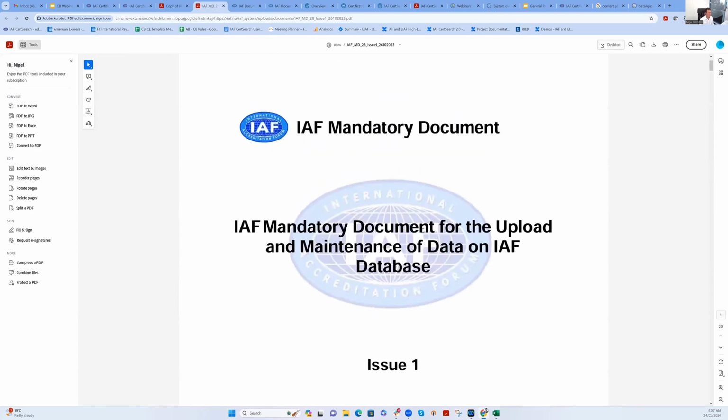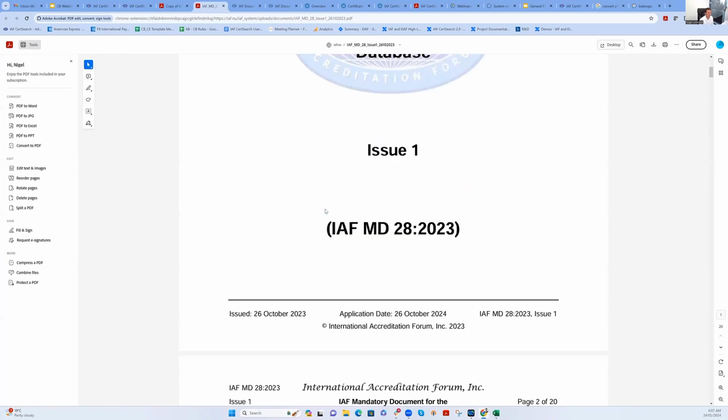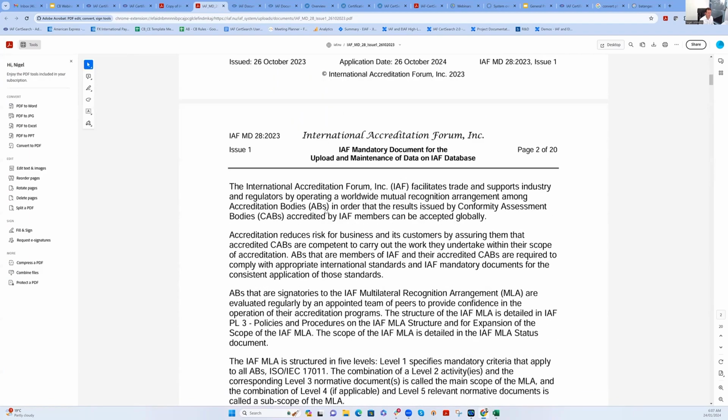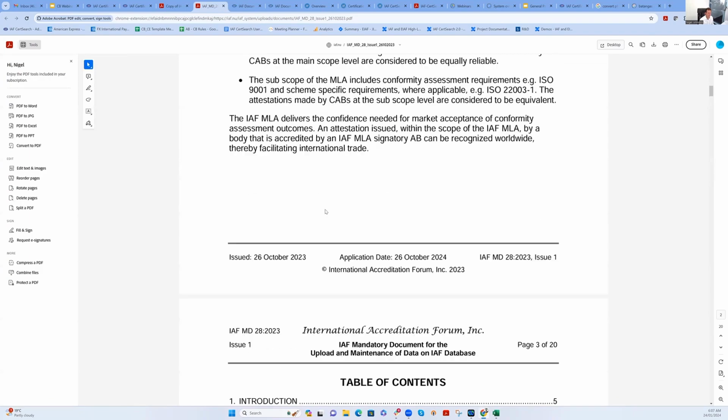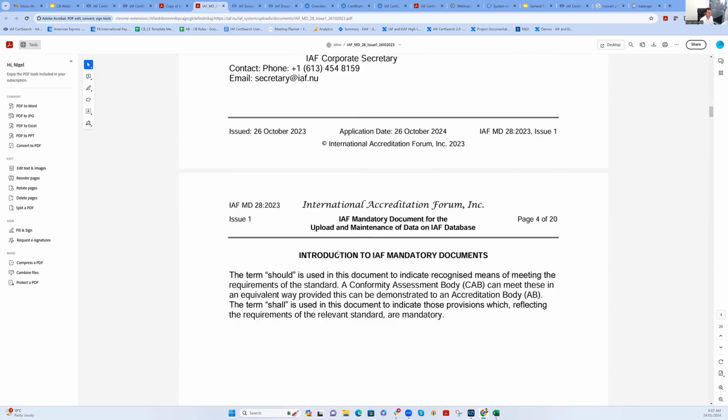So it's the IAF MD 28. And in here is essentially the governing document for the database. Introduction, definition, talks about the data requirements on what you need to upload and when, justification for exclusion and confidentiality, and compliance and sanctions. So this may be relevant for you to read and go through